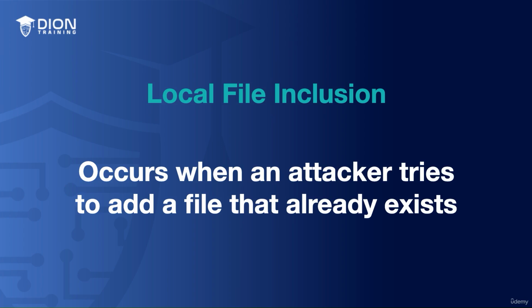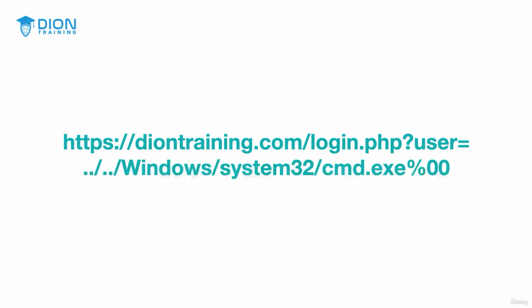Now, another one you can use is what's called local file inclusion. Local file inclusions are where an attacker tries to add a file to the web app or website that already exists on the hosting server. So let's say on my website, we might allow you to upload something like a picture or a PDF or other files as part of our community forum. Well, then you could reference that file because it's already sitting on my server. So in this case, you would do something like https://diontraining.com/login.php?user=, and now here you see this directory traversal,